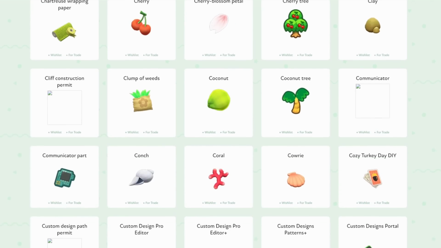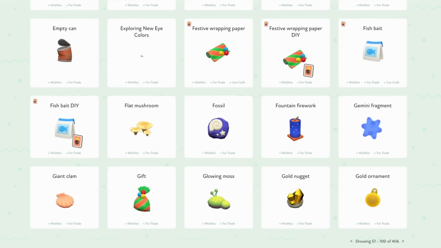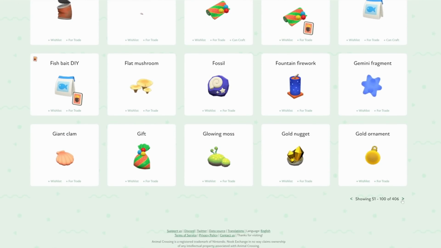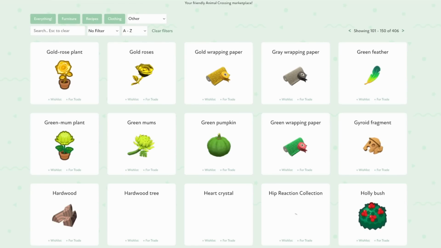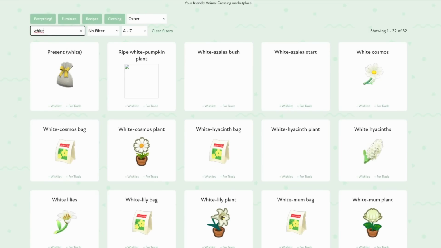And now you can scroll through this entire list and save all the pictures of all the flowers that you plan on using. I kind of prefer the dropped item pictures here because they look more like the actual thing that you end up decorating with. And if you already, for example, know that you want to use just white flowers, you can also of course type in white in the search bar in addition to your other filters, and that should hopefully also make the